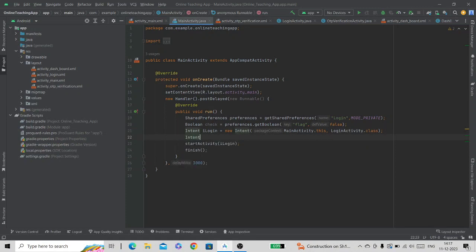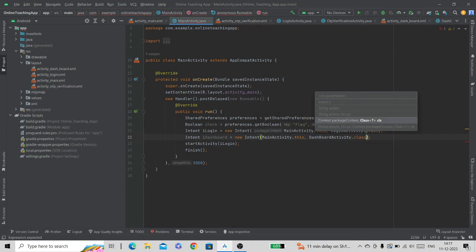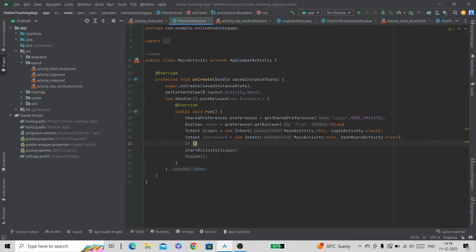Intent iDashboard equal to new Intent, and here we will pass the current activity which is MainActivity.this, and the second parameter will be DashboardActivity.class. Now here we will set an if condition which will check whether this check variable is true or false.